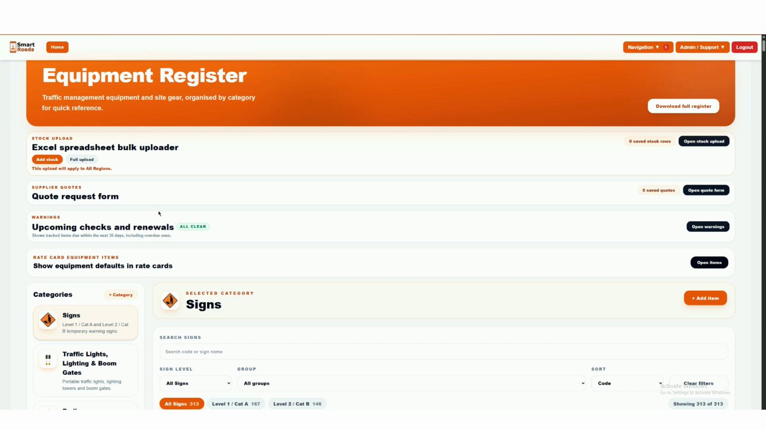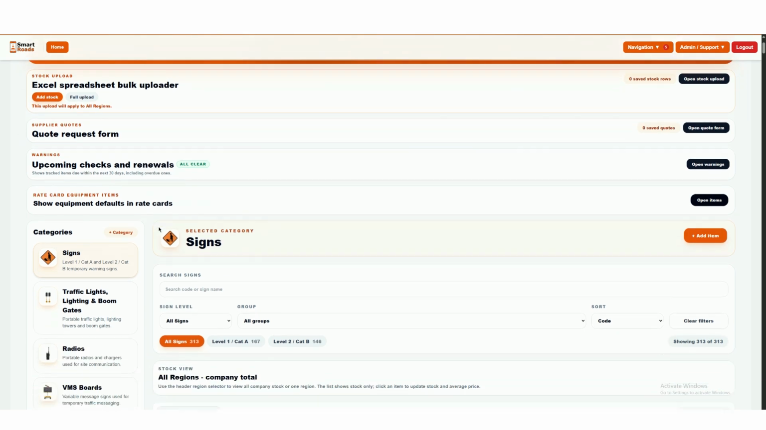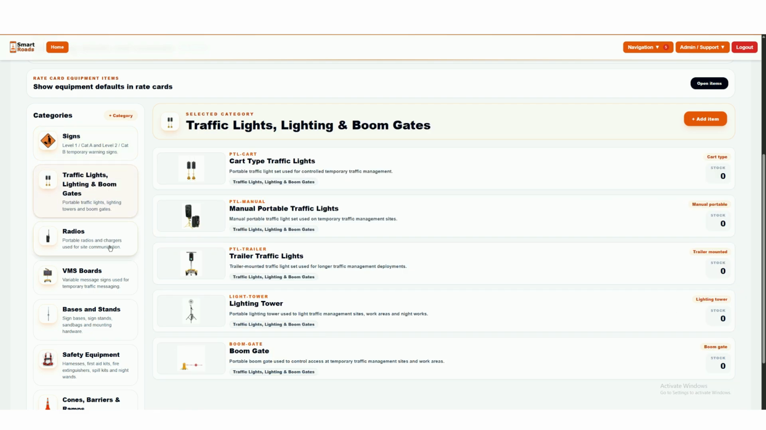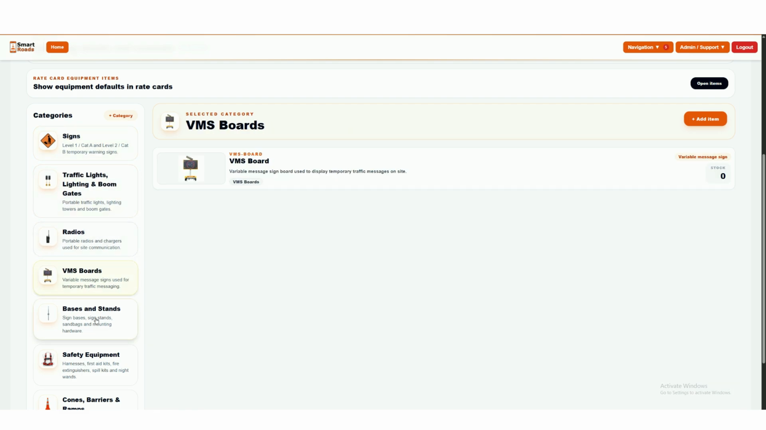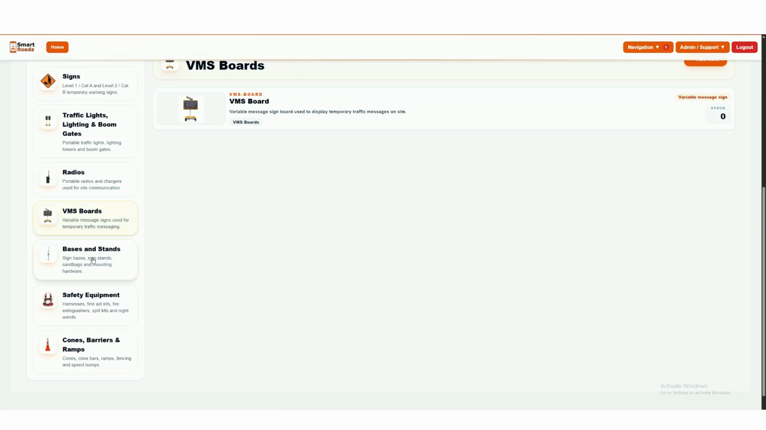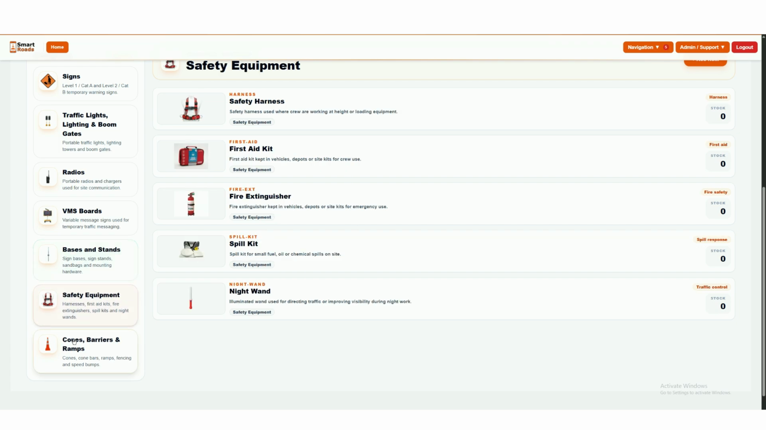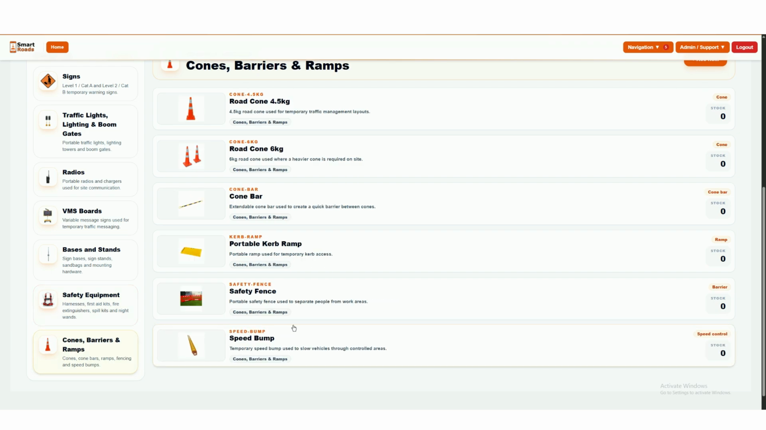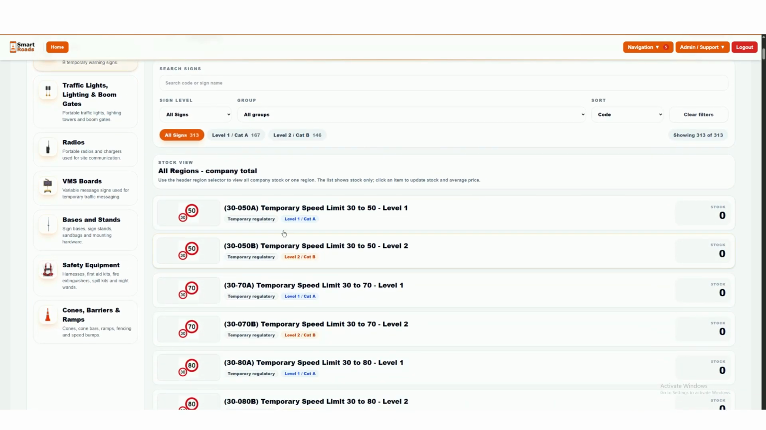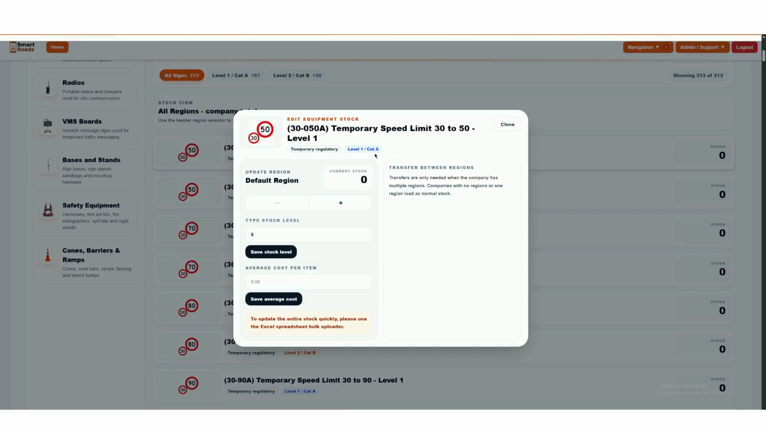Equipment categories and stock management. Equipment is organized into categories such as signs, traffic lights, lighting and boom gates, radios, MS boards, bases and stands, safety equipment, cones, barriers and ramps. Each category contains a large list of equipment items used for traffic management operations. For example, the signs category includes hundreds of temporary traffic signs grouped into different sign levels, such as Level 1/CAT A,